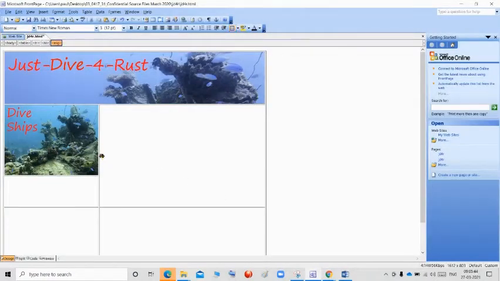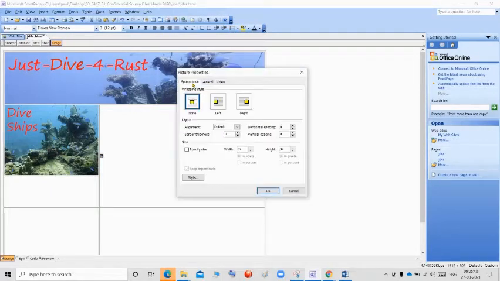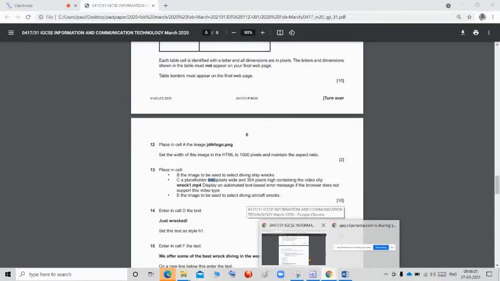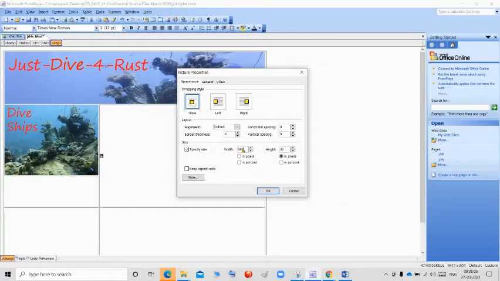Okay, I'm going to select this, right click, go to Picture Properties, go to Appearance and tick the specific size, and untick keep aspect ratio and give width and height. Width should be 640 and the height should be 354. I'm going to give 640, the height should be 354, click keep aspect ratio and click OK.